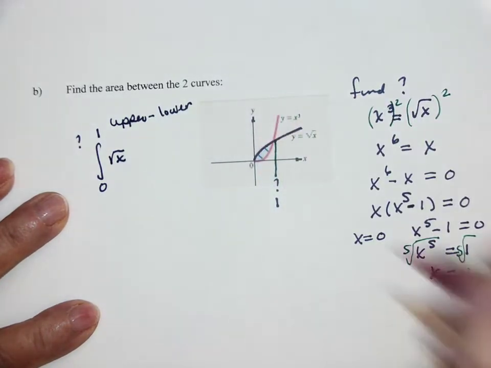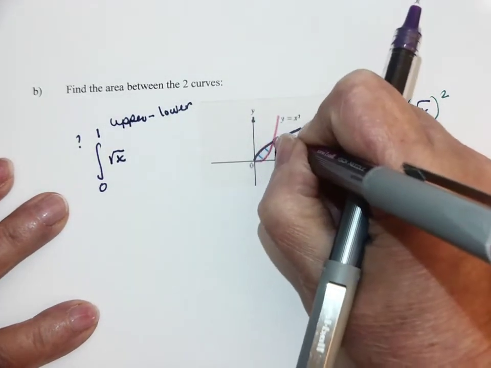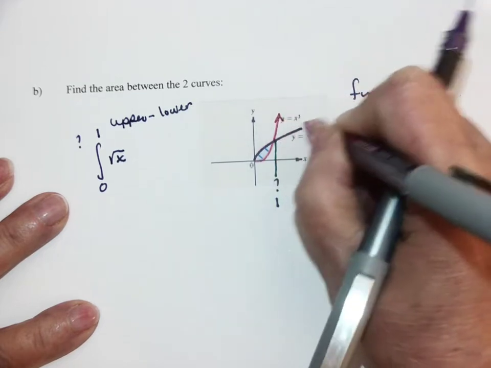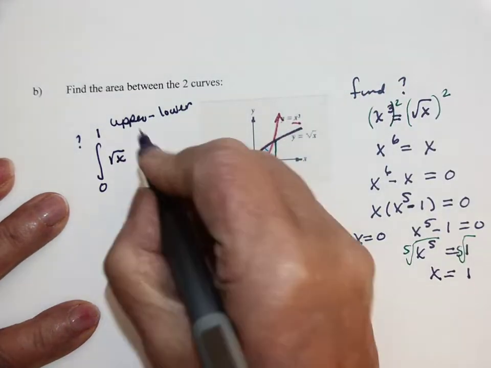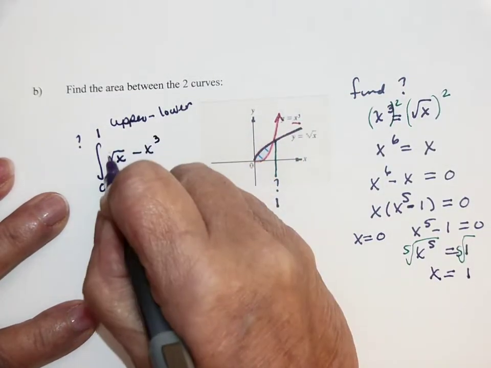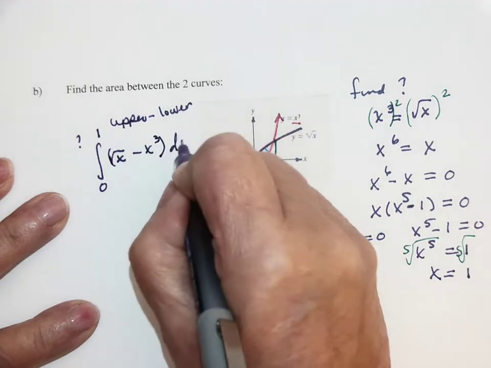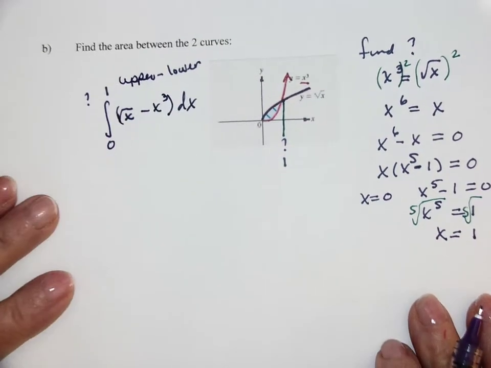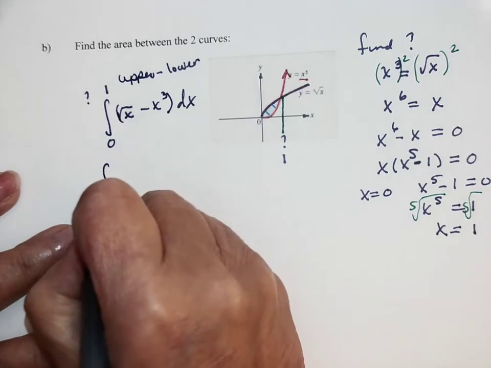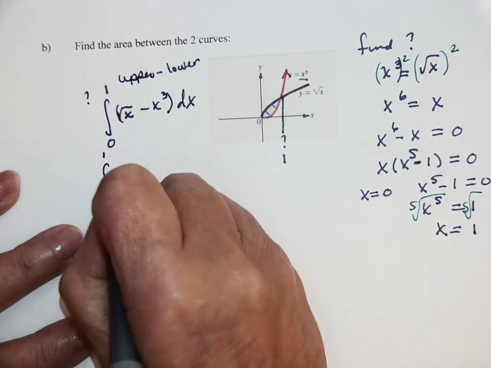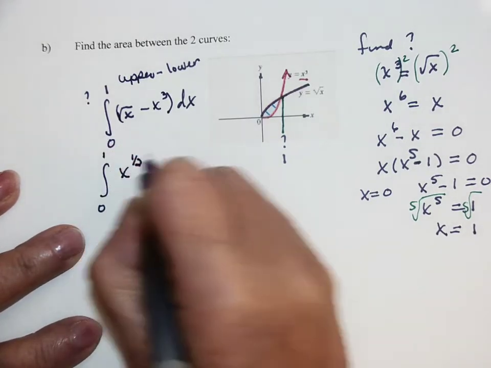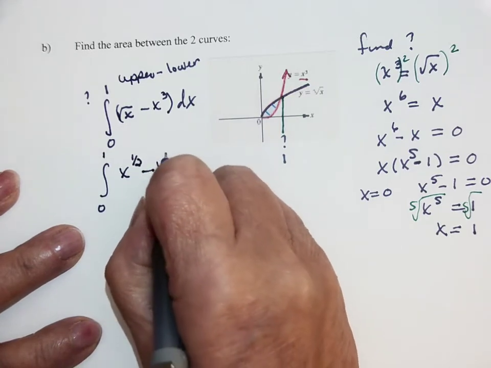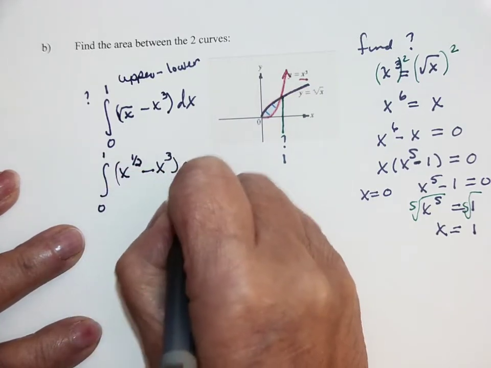And the bottom one, this red guy, is x cubed. Now this is strictly anti-power rule, because that's x to the 1/2 minus x cubed dx,